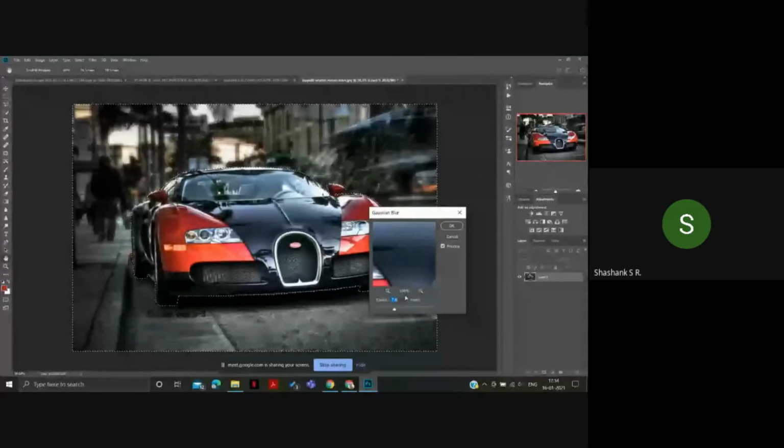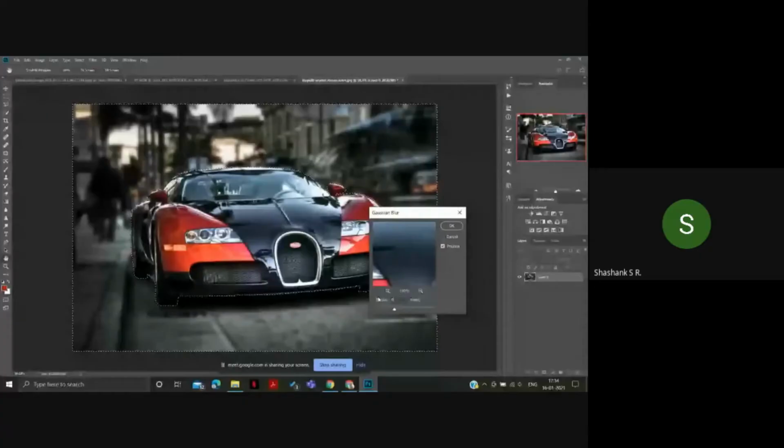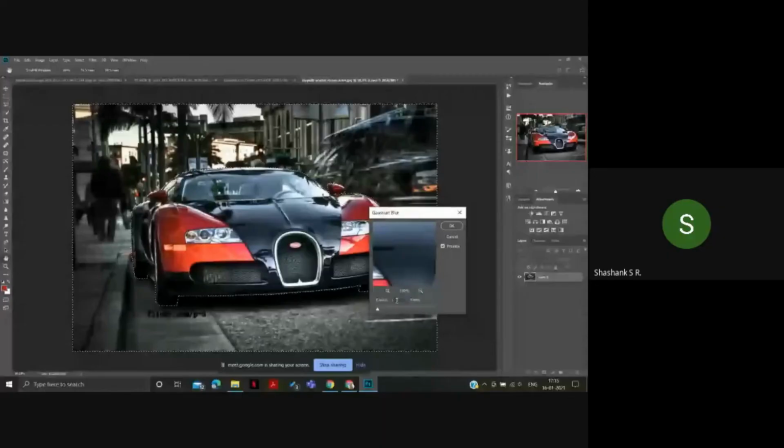So this is the radius. Radius just tells you to what intensity you need to blur the background. If you type one, it's not much visible, right? Or you can select here also how much intensity you need to blur the background.